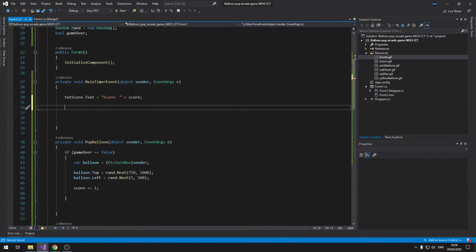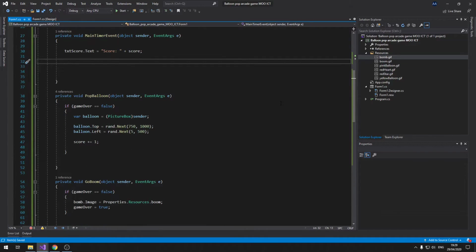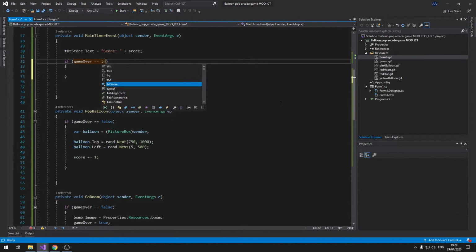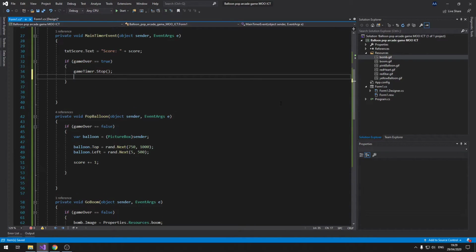Okay, so that should keep the score updated on the label. We also need to check if the game is over. So if game over is true, then we just want to stop the timer. So the timer does stop, so the game should stop completely, and then we're going to show another message on the